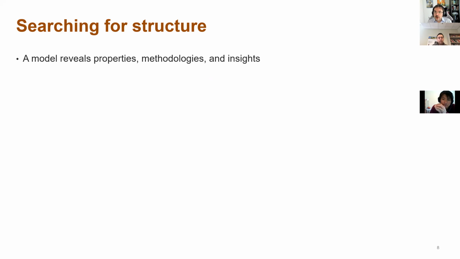And when you're developing models, essentially what we are doing is revealing that structure, right? Our model itself is going to give us properties, and what type of methodology we can use. If you build a mathematical programming model, you're going to have branch and bound. It's going to give insights, right? If you take the duals of your linear programming relaxation, you're going to learn something more about the problem, either from managerial insights or even to give you some ideas of how to solve it. Maybe from the duals, you can prove optimality using complementary slackness, all those things that you learn in IP 101, right? So the model itself is going to give us